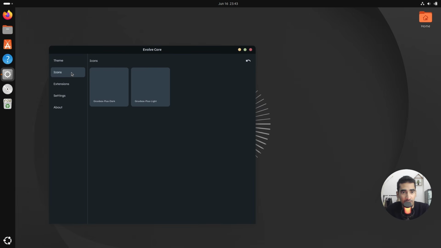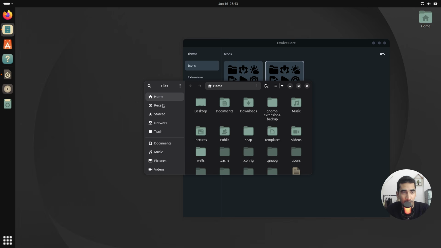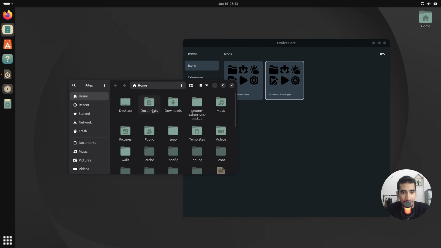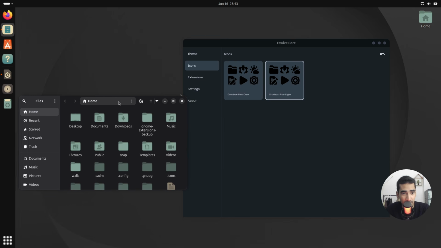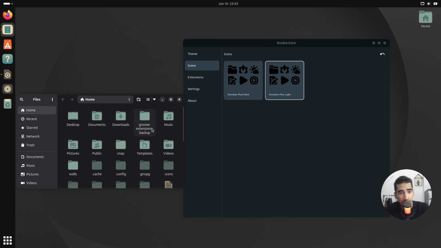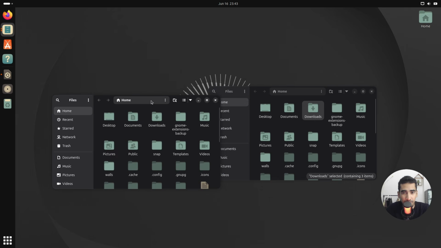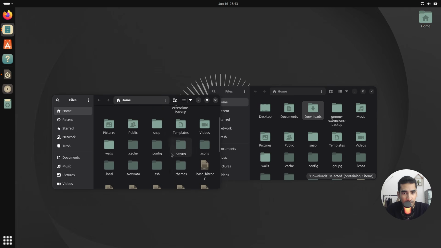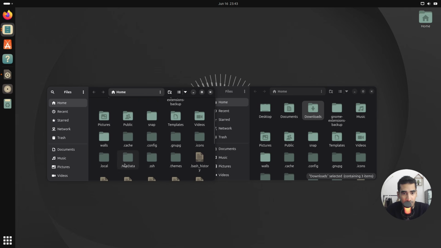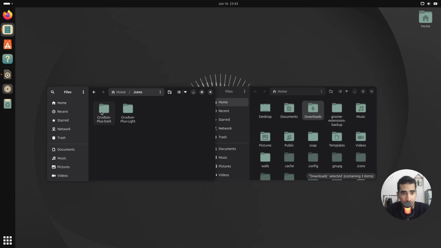Okay, now let's go to icons and then apply the icon pack, and as you can see it applied the icon pack, but this is not going to be the look I am aiming for. Okay, so the next thing that I will do is open a new window again. Okay, so on the left side of the window, let's go to .icons and then go to Graph Plus Dark,